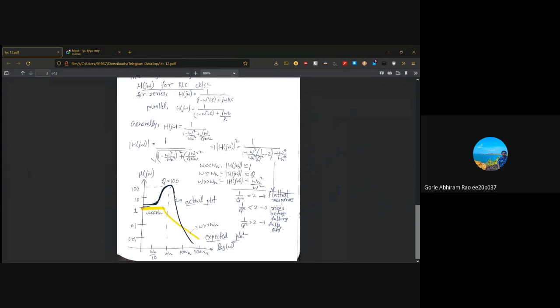So the expected plot based on that is going to be 1 till ω equals ωn, and after ω is greater than ωn, it keeps falling off. When we take this with respect to log of ω, it is going to be a straight line with negative slope, and it will just keep falling off. But the actual plot is slightly different, because at ω equals ωn the actual value of H(jω) is the quality factor, not 1. There is going to be a slight rise and a peak at ωn, and the value of the peak is going to be our quality factor for the RLC circuit, right?